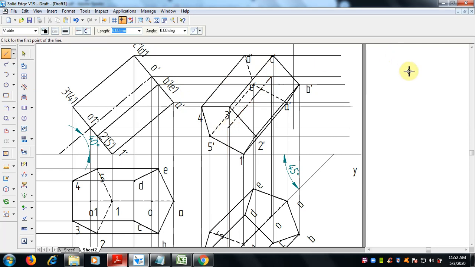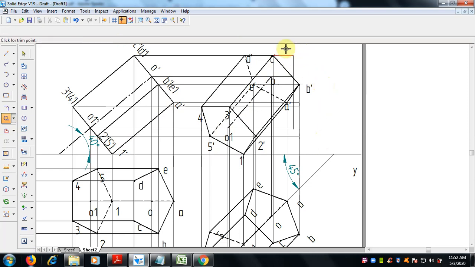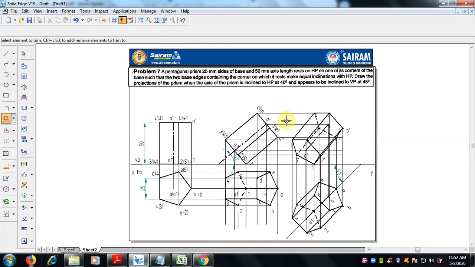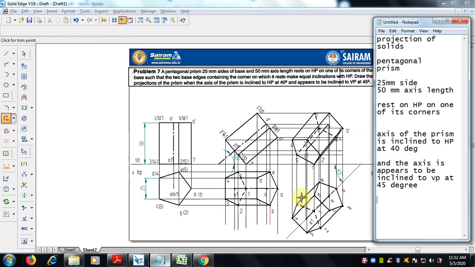This is the center axis. You can mention the center axis as O1 at the bottom, and O at the top. Select the trim command, select unwanted lines, whatever they are, just remove them. Unwanted lines are not needed. Extended lines, right? Okay, fit it. Now this is the final. So you can check it.